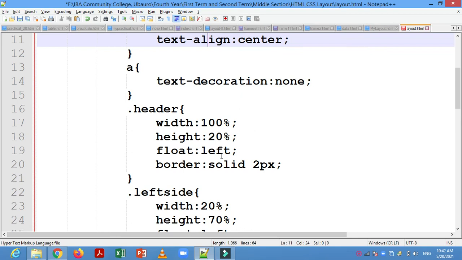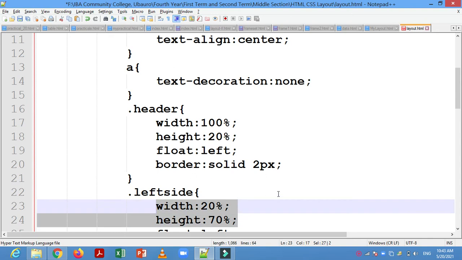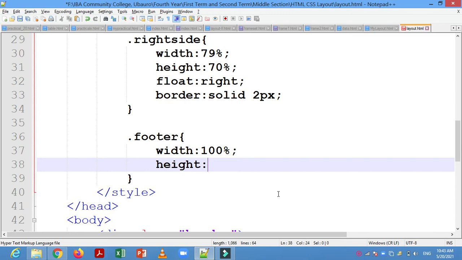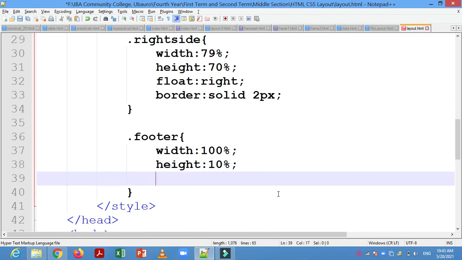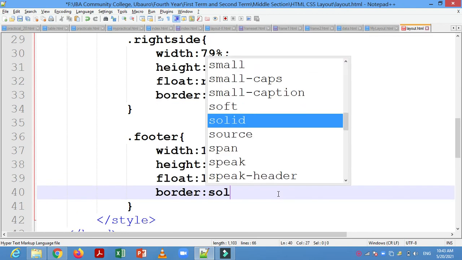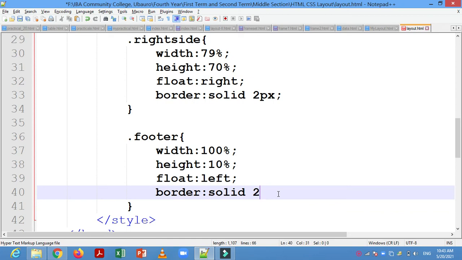Because here I have given 20% height to the header, 70% height to the left side, so 20 plus 70 will be 90, and remaining part will be 10%. So here I am writing 10%. In this way I can write float left, border, solid, 2 pixels.